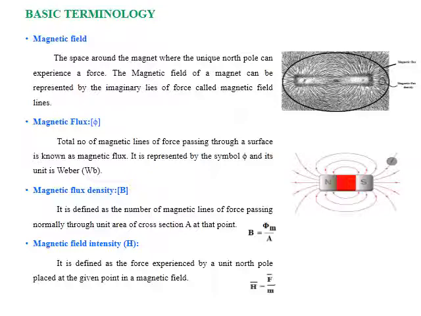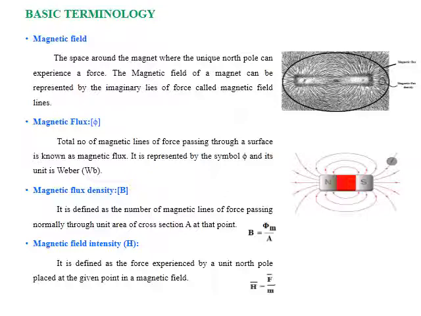These magnetic field lines are the representation of the strength of the magnet. If the density of the magnetic field lines is high, these materials will exhibit very good magnetic nature. If a magnet is weak, it will have only a small number of magnetic field lines. The total number of magnetic field lines or force passing through a surface is known as magnetic flux. It is normally represented by the symbol phi, and it has the unit of Weber.